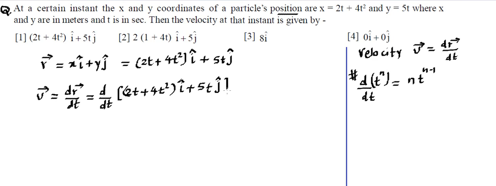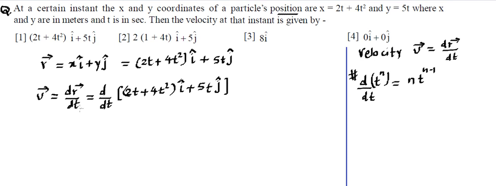So this is how we need to write. Now this d upon dt, this is called differentiation. Now this differentiation has so many properties you will be learning later on, but here the property that is needed is distribution. So if there is a bracket, it can be taken inside and can be applied on each and